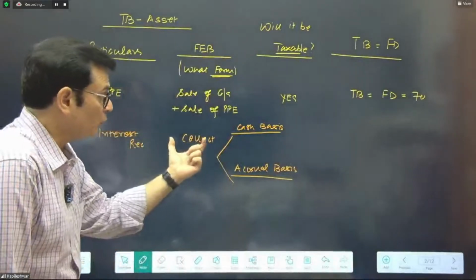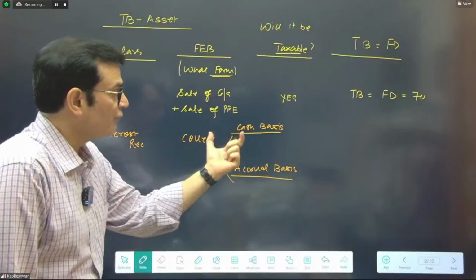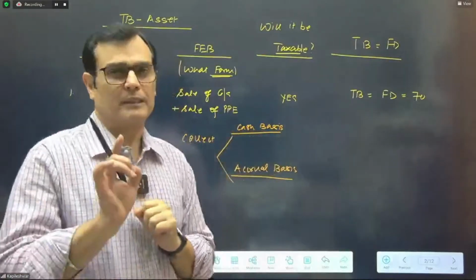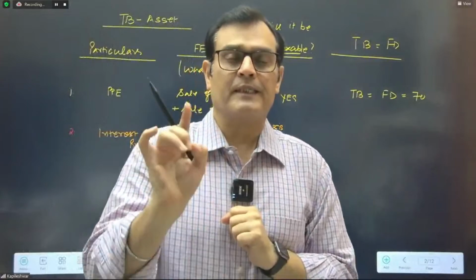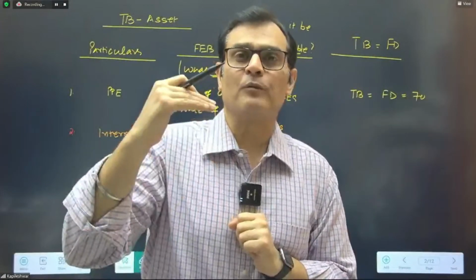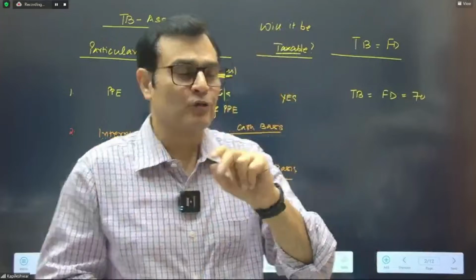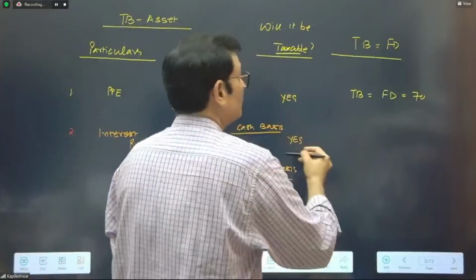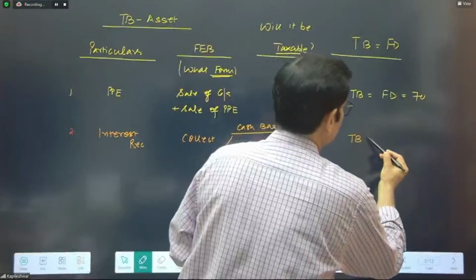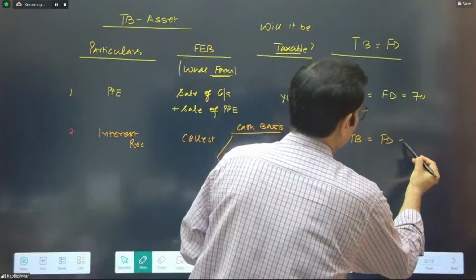So I'll say, okay, when you collect the money, will the income tax authorities come? Yes, because they never taxed you on accrual basis. So when you go to collect the money, they will come. So yes, on a cash basis, they will come. If they will come, what is my tax base? It is a future deduction. Will I be